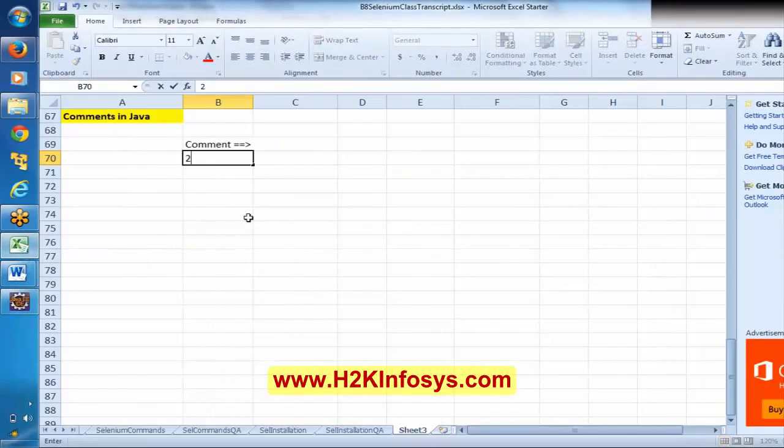However, here we have two ways of commenting. One is a single line comment, and the other is a multi-line comment.